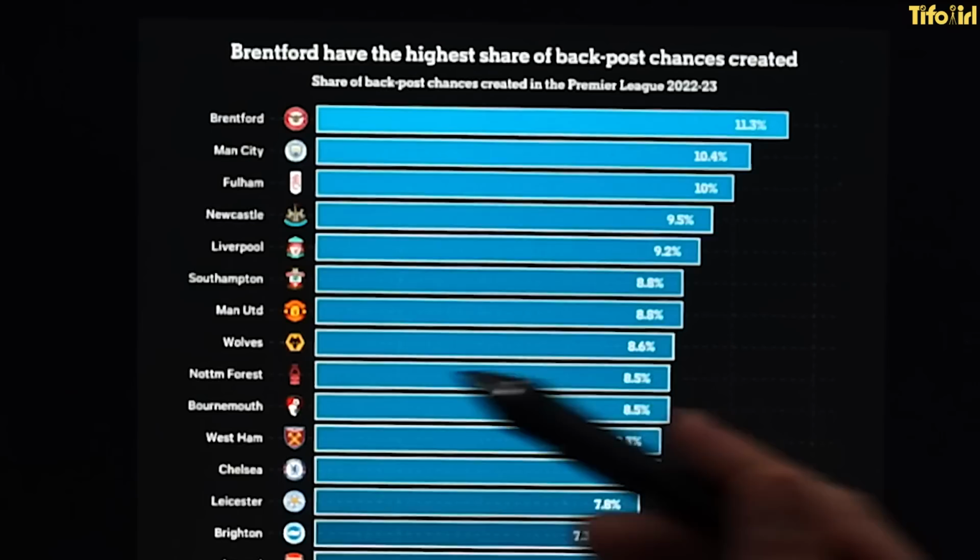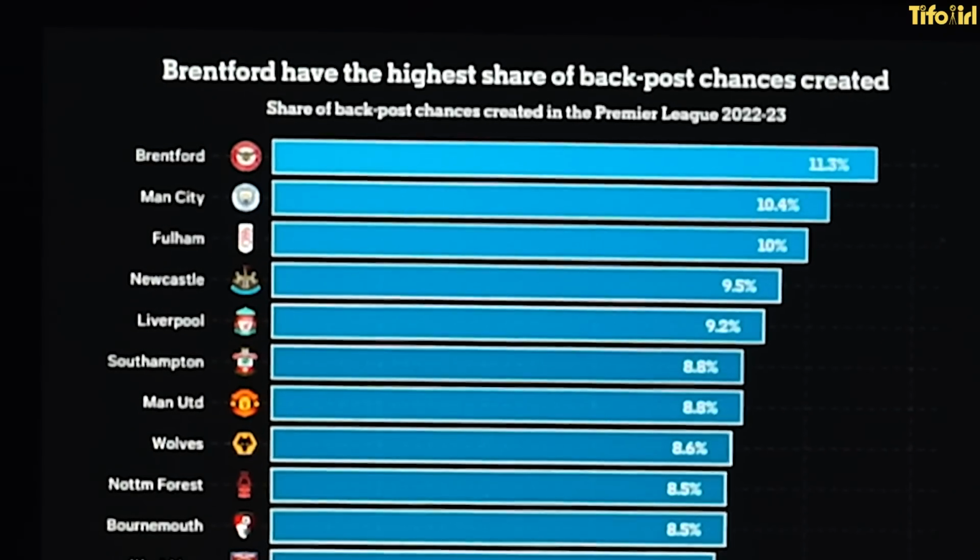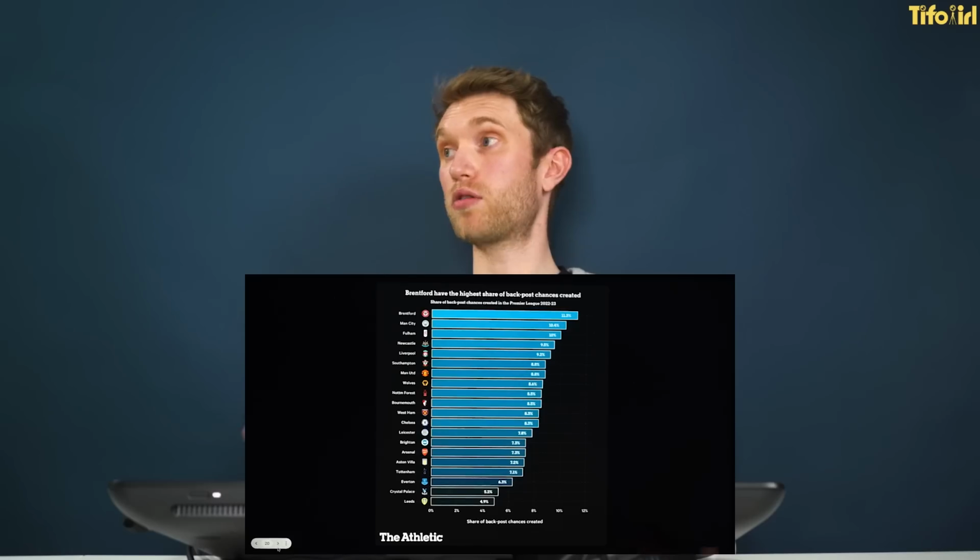I like it. Who else is good at this? Are the other teams focused on it? Why not the cutback? Is that not a more prominent thing? Yeah, something we can speak about as well. But Brentford, as you can see here, are the highest. I think that feeds into the fact that they are quite cross-heavy.